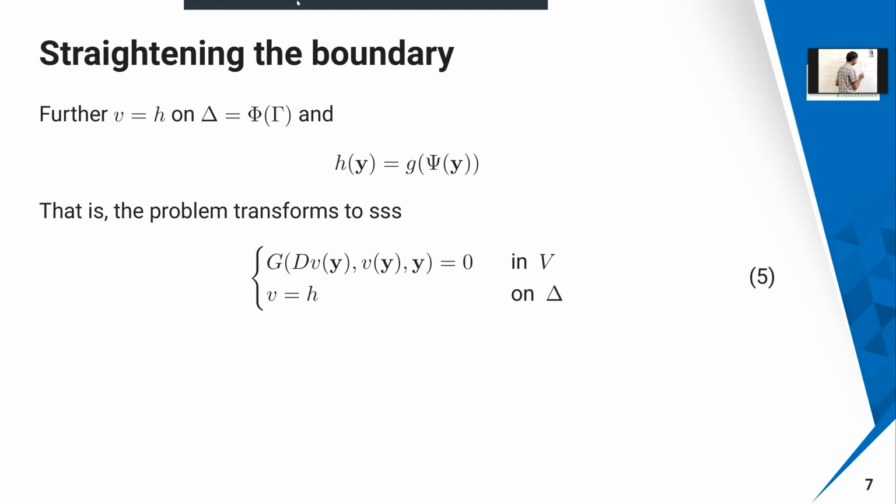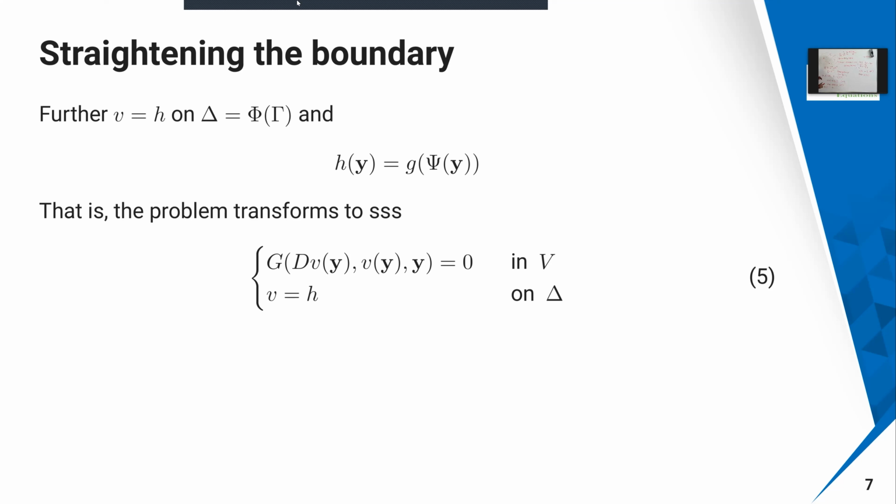Therefore, what is k here? K of y is nothing but g of psi of y, because x was there, right? X is going to be psi of y. So that means you have a domain in terms of x here, and y in terms of here. So you have to find a pi and psi. Pi is going to be a mapping from R power n to R power n, and psi is going to map from K to gamma. This psi inverse is going to be there, so therefore pi and psi inverse you are going to get. This is going to be the inverse of this one.